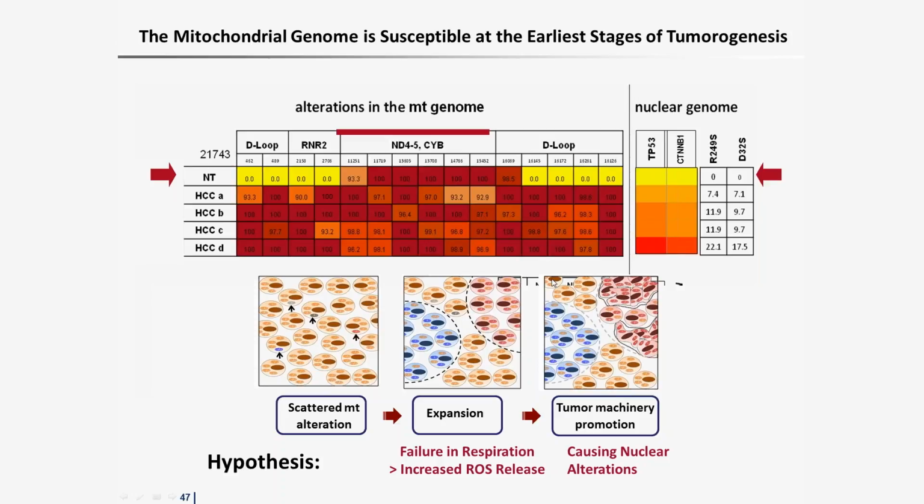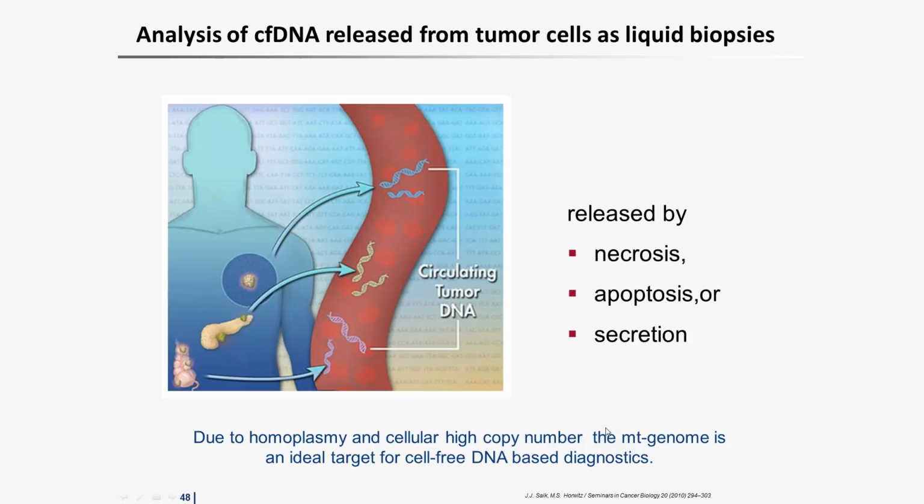So our hypothesis is that expansion and accumulation of the mitochondrial mutation in the respiratory chain might cause further oxidative stress, increase the ROS generation, which in turn might then trigger the nuclear genome alteration and promote tumor machinery. Therefore, we think that the mitochondrial genome might also be used as a marker for inflammatory or oncogenetic features,